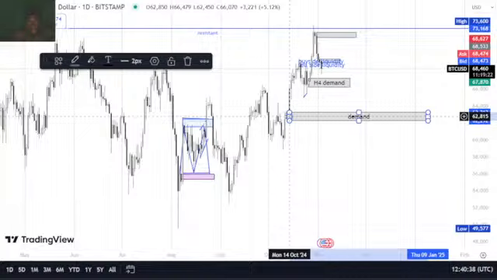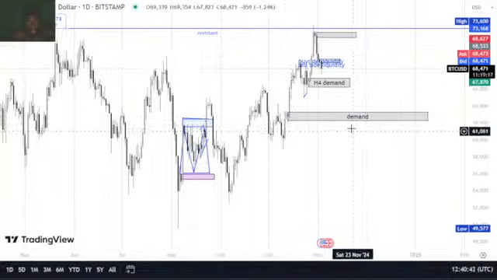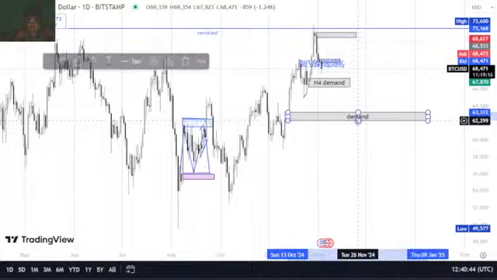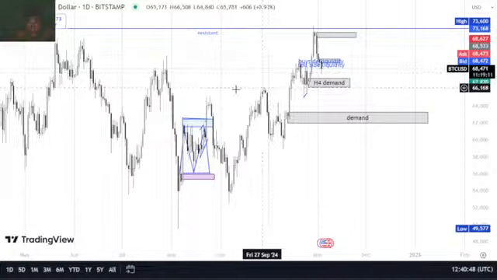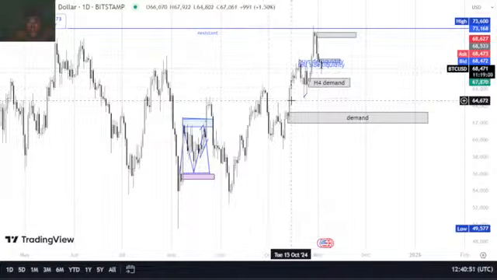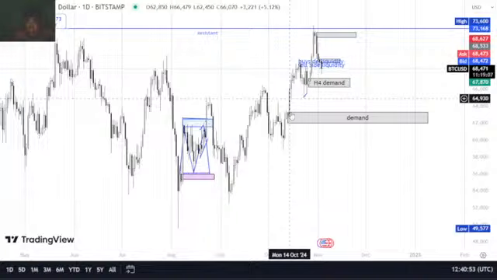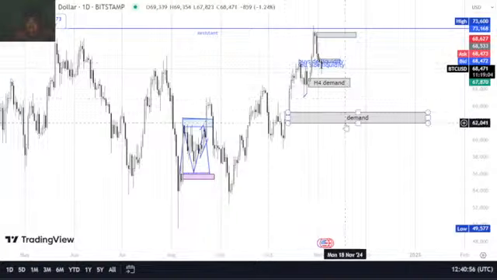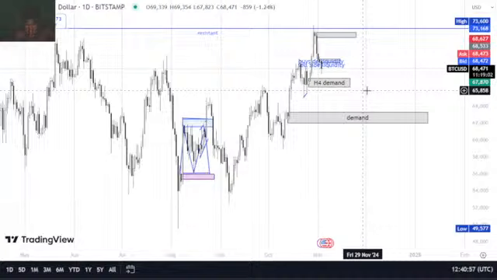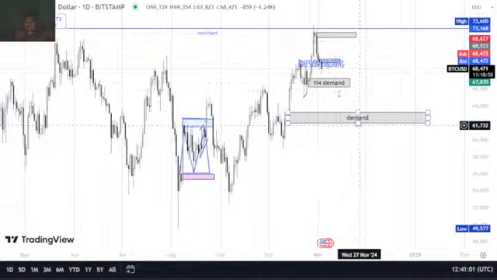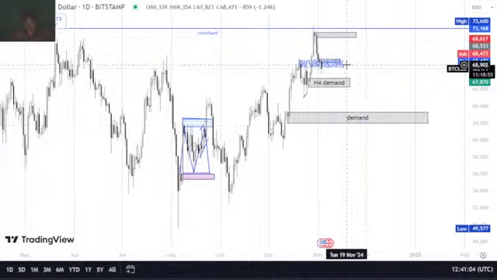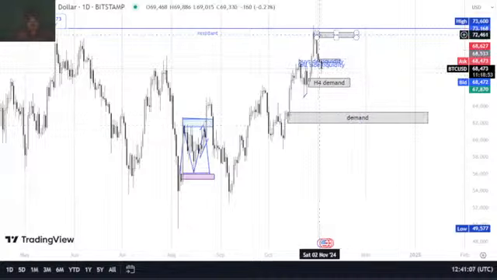Why? Because after that candle, there was an impulsive move which broke structure, left an inefficiency. So there is a perfect demand zone which we are waiting for price to come and tap into it. So either price taps here, goes up, comes down, or price breaks this side, comes here, then goes up. So that's what we are actually waiting for.